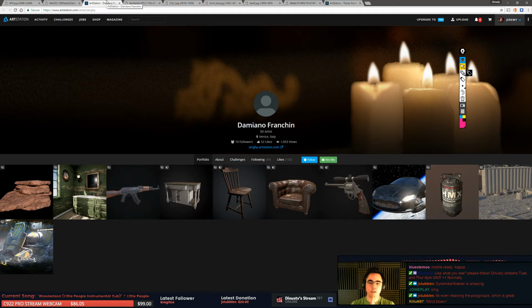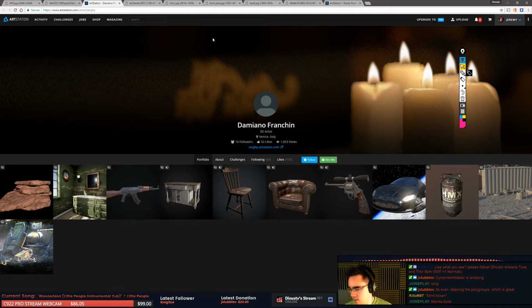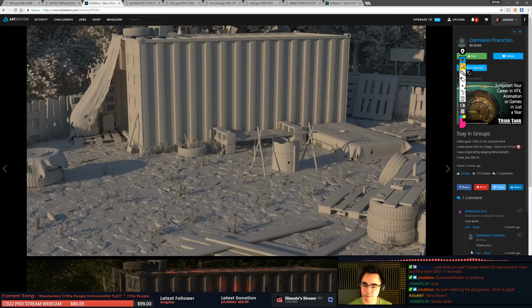All right. We got, I don't know how to say man from Venice. Is it Demanio? Francine? Totally wrong, I'm sure. Sure of it. I've seen this before. This looks familiar. So,